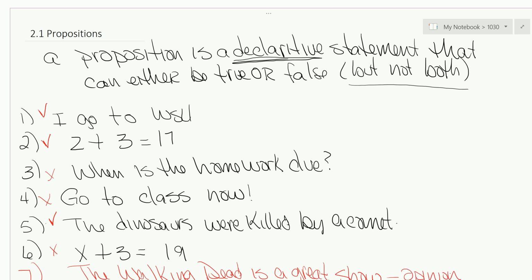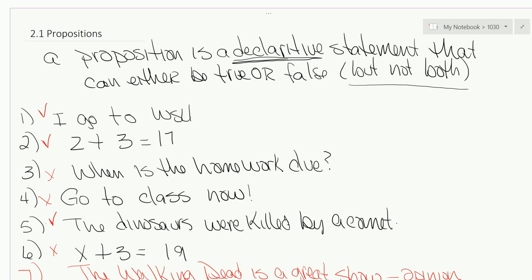Our textbook would tell us that an opinion cannot be a proposition because its truth value can change depending upon who you ask. Our book, on the other hand, would say that an opinion can be a propositional statement. We are going to stand firm with our textbook, and in future homework assignments or quizzes, if you see an opinion, it is not a